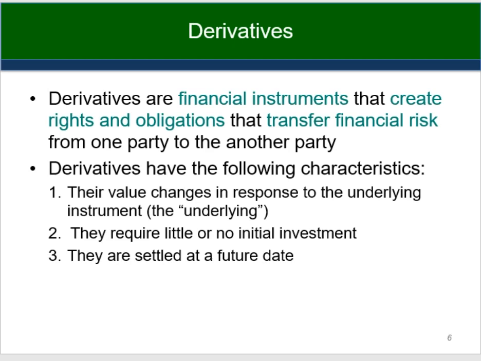So as I was saying, derivatives are financial instruments that have these three main characteristics. There's an underlying asset or an underlying instrument that drives their value. They themselves require relatively little investment. So if you have a call option on stock, you pay a small premium in order to get the right to buy stock for a particular striking price. So the underlying instrument then would be the stock. The investment required would be the premium paid for the option, and the determination of whether or not the option will be exercised will happen at a future date, at the exercise date.